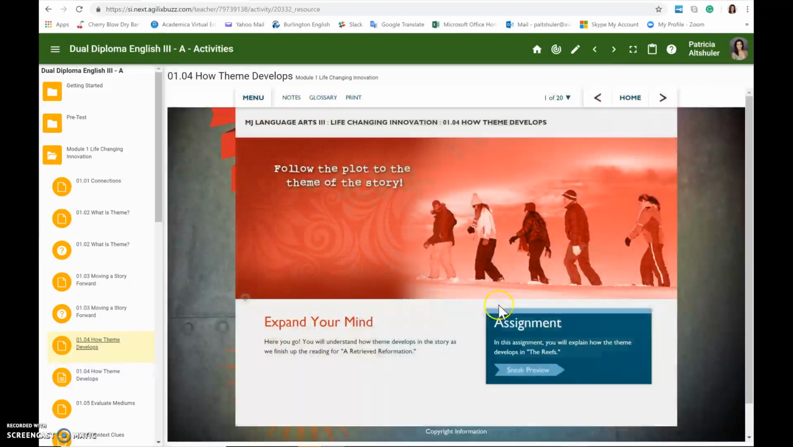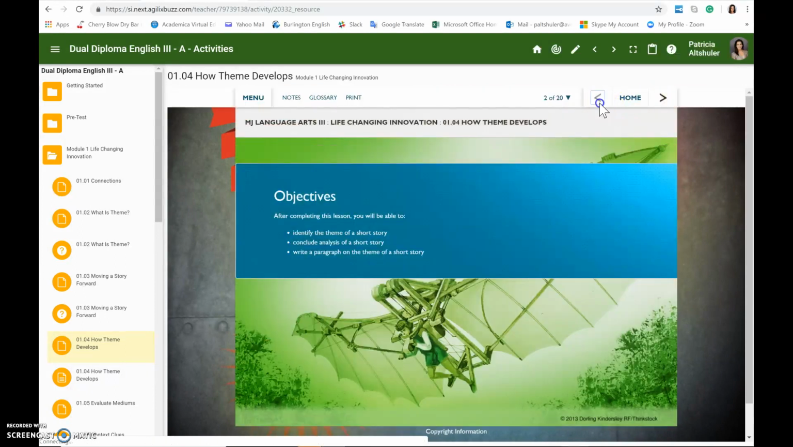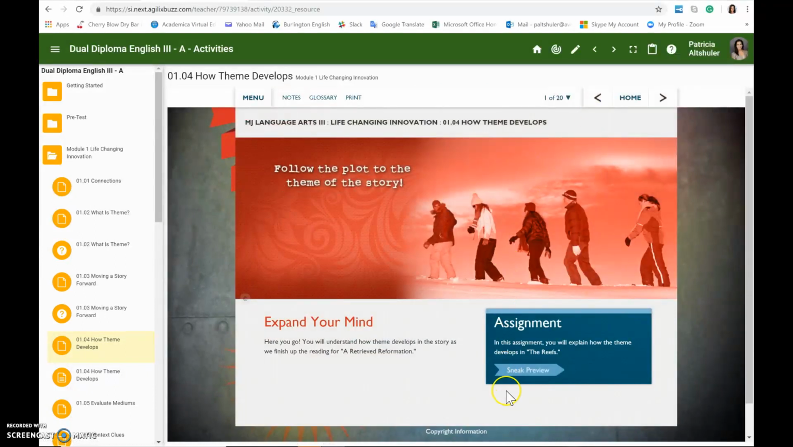Again, read the information on each page. Now, this one's very important. If you see right here, it says Sneak Preview. This is going to give you an overview of what you need to do for your assignment. So if you click on Sneak Preview,